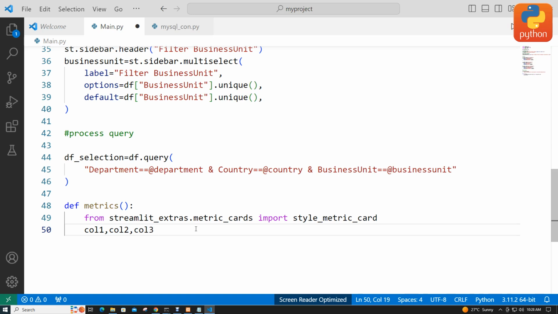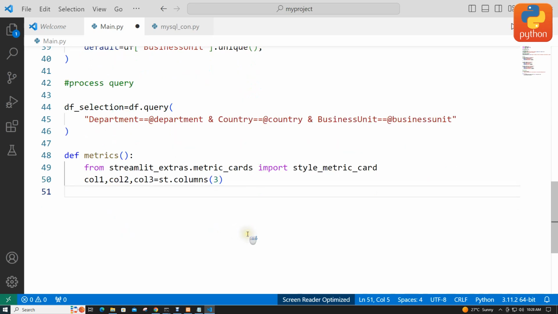Okay, equal to st.columns. How many columns? 3. Okay, then column 1, I just call 1.metric. This is a beauty function. Kwanza itakuwa ni label, we just write total customers,